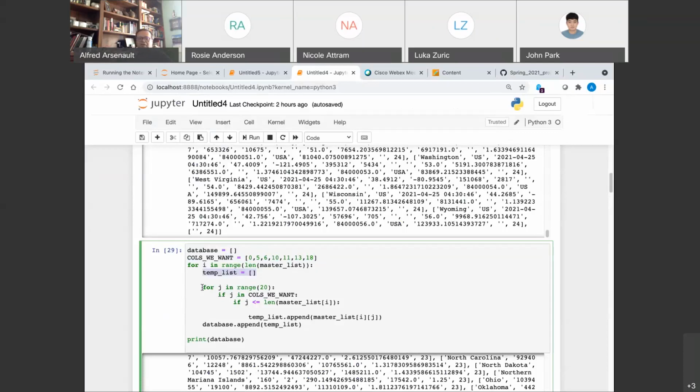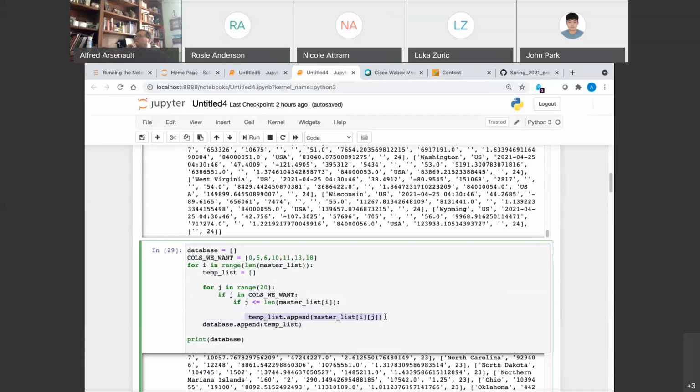So to play it safe, I'm going to pick 0 through 20. If J is the index, J is just the index integer that's going through. If J is in this list of columns we want, if J is 0, J is 5, J is 6, J is 10, what have you, if that's the case,